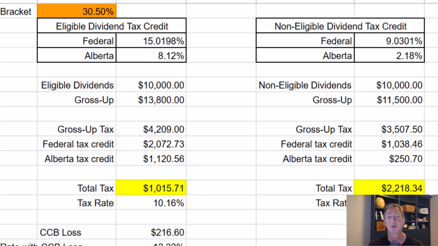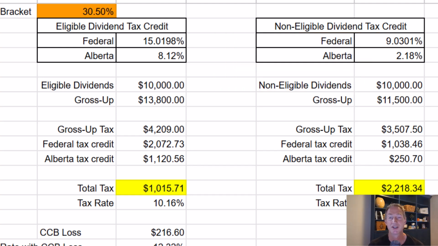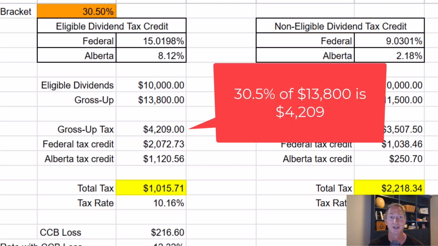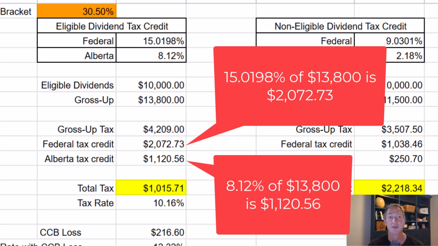To calculate how much tax gets paid on that, there is a gross up. And you can see here, it's 38%. So my $10,000 that I earned in dividends actually gets grossed up to $13,800. There's a tax on that $13,800, not the $10,000, but the $13,800. And 30.5% of the $13,800 is $4,209. Your tax credit is based off of that new gross up tax, the $4,209. So 15% of the $4,209 is $2,072.73. And the Alberta tax credit is